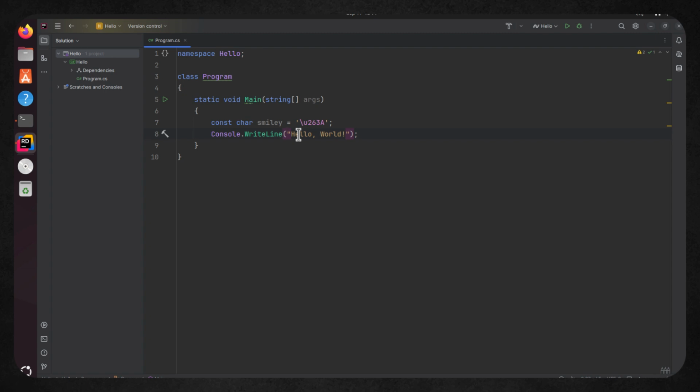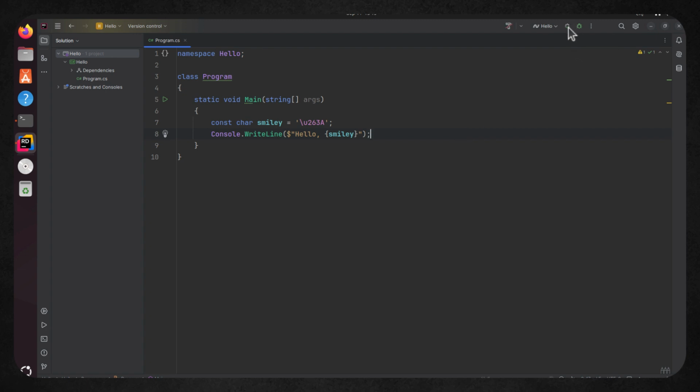If I put $ in front of the string of my WriteLine, we are translating our string from a standard string to an interpolated string. With an interpolated string, we can then include variables within our output. So rather than just hello world, we can go through and remove the world and put in, so long as it's inside of brace brackets, we can put smiley. Let's tab complete, then I'll get the brace brackets, and I can remove what we previously typed in without the brace brackets. So we can then have hello and then our smiley face.